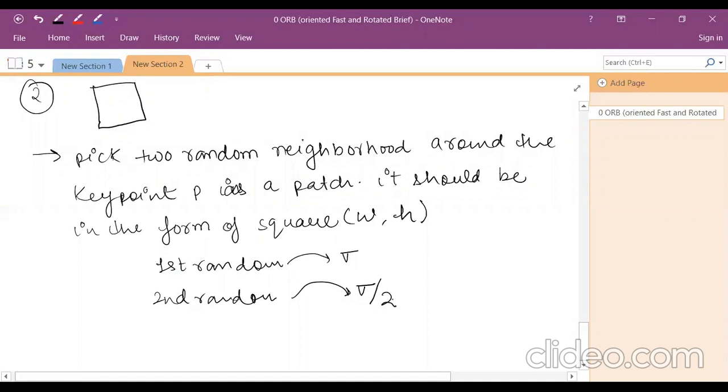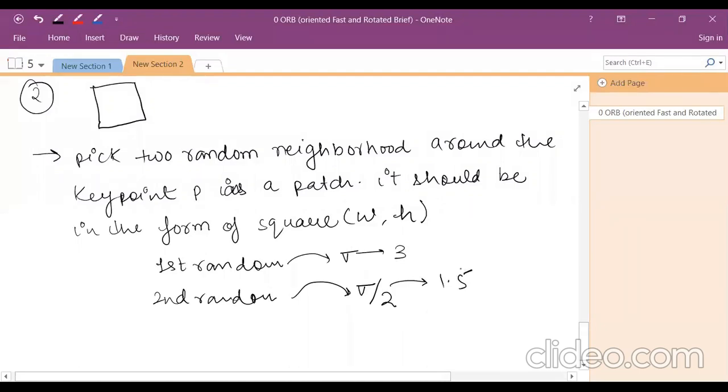So that is the main difference. For the first random sample you apply the sigma value, suppose 3, and for the second random sample you apply sigma by 2, that is 1.5.